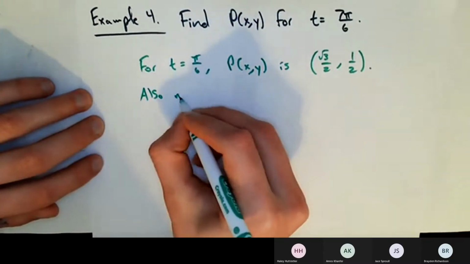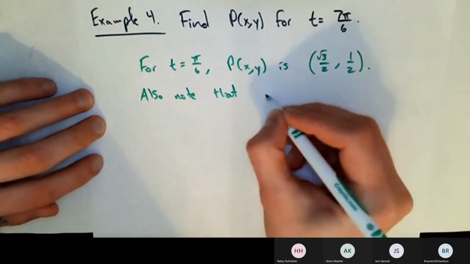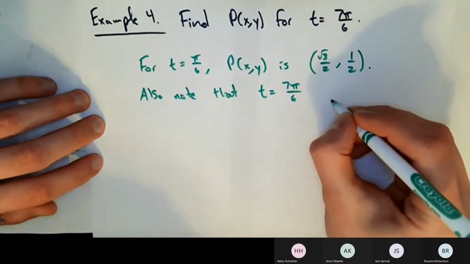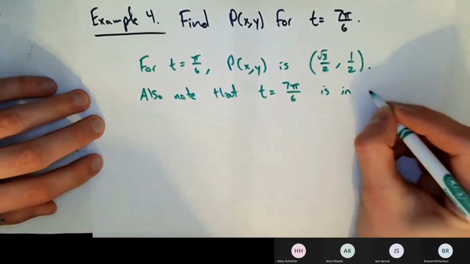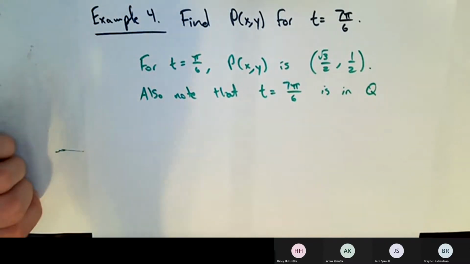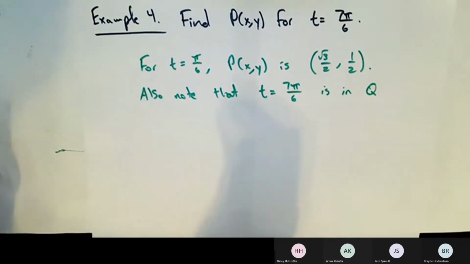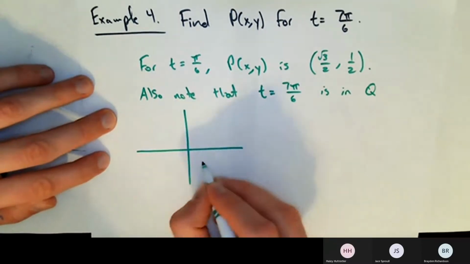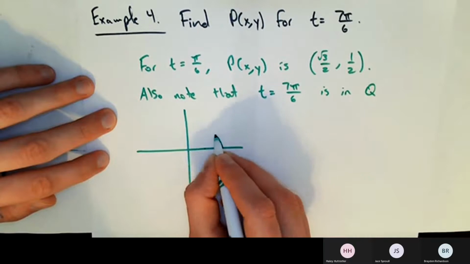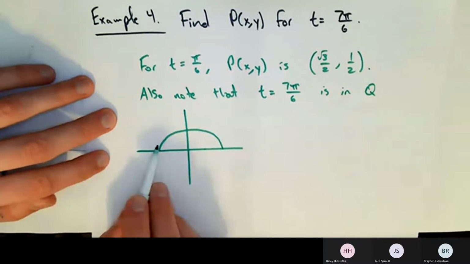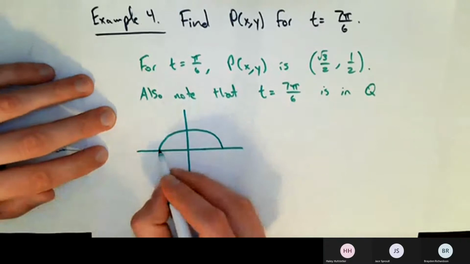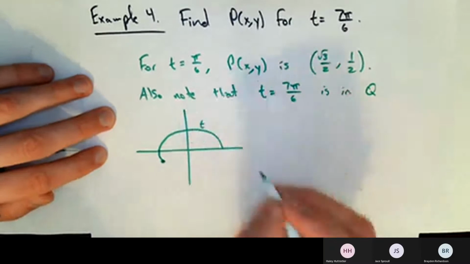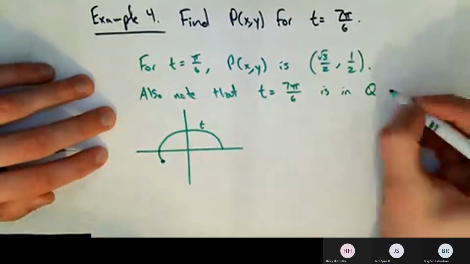Also note that for my actual number here, t equals 7 pi on 6, where is 7 pi on 6? It's a full pi plus a little pi on 6. If you need a drawing of it, there's pi, that would be 6 pi on 6, and then a little extra pi on 6, so this would be t, all the way down here. So it's in quadrant 3,